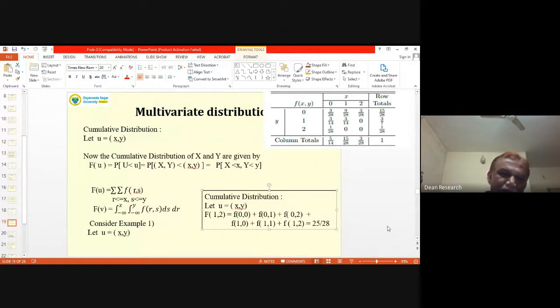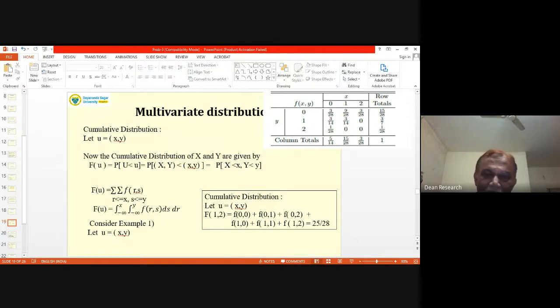And we also have the formula for the cumulative distribution in the case of continuous random variables. Here just see, integral from minus infinity to x, integral from minus infinity to y, f of r comma s into ds into dr. You'll have to just integrate it all. And r and s are only dummy variables. Okay. When you integrate, of course, they will go away because we put in the limits. All right. I think the ideas are clear here.